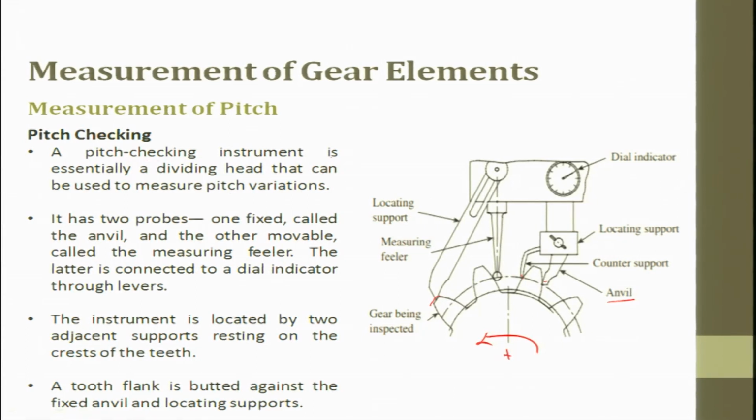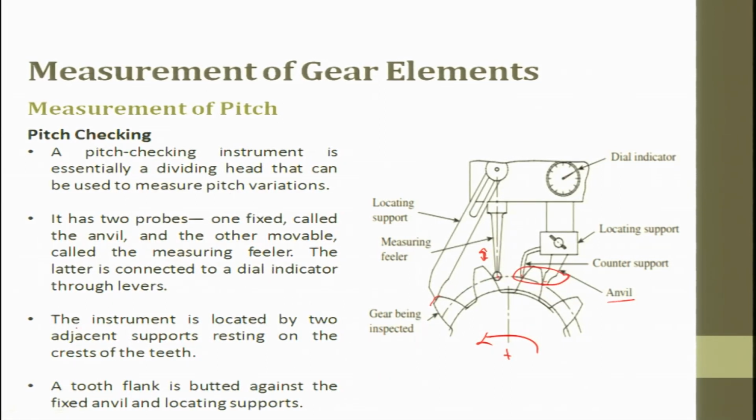So, the pitch checking instrument is essentially a dividing head that can be used to measure the pitch variation. It has two probes, one is called the fixed, which is with the anvil, the other one is called the moving. One fixed called the anvil and the other movable probe called the mechanical feeler. So, this is a moving one, up and down feeler. The moving is connected to the dial gauge and the dial gauge